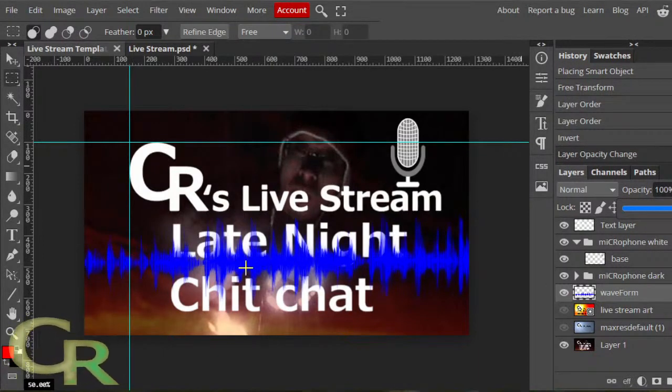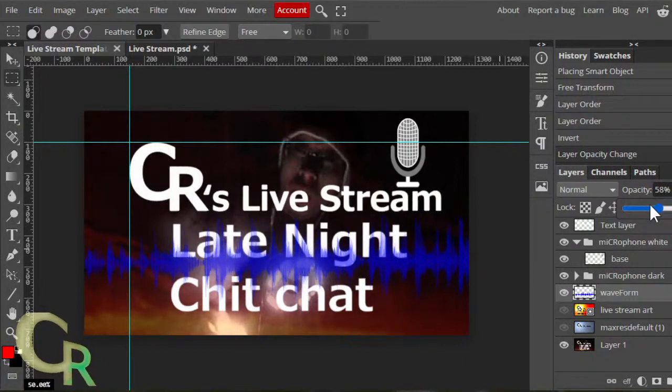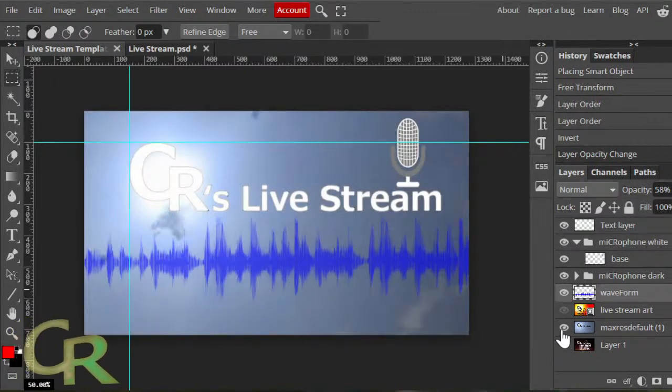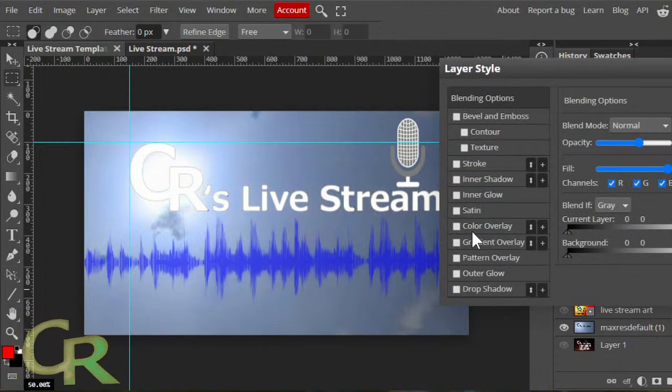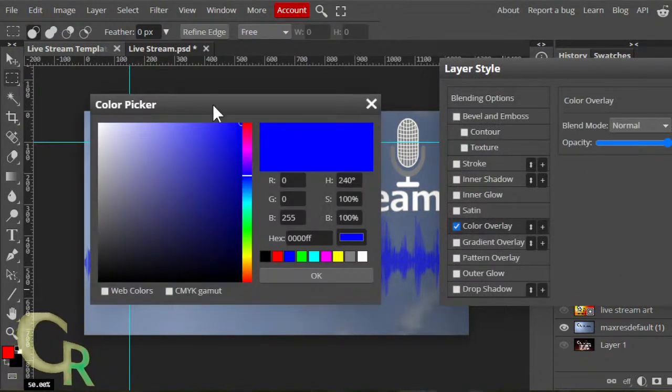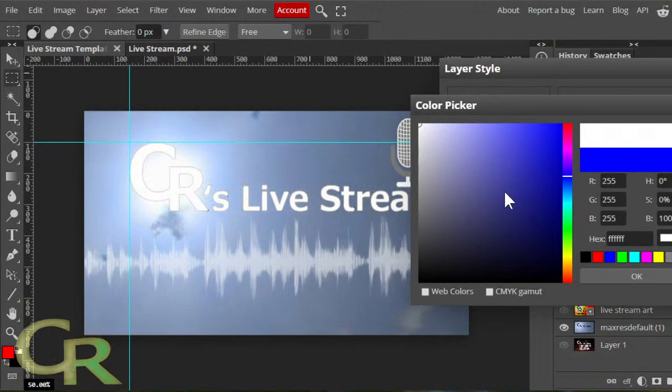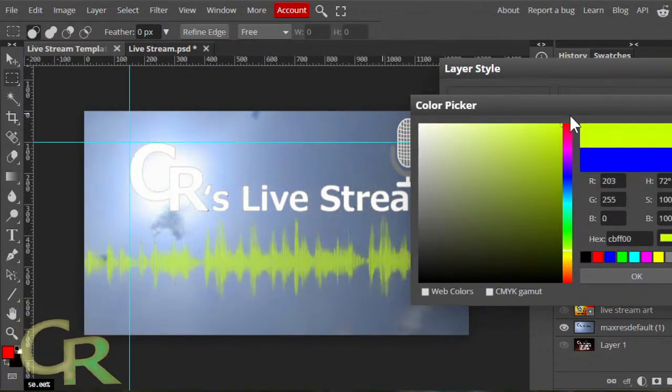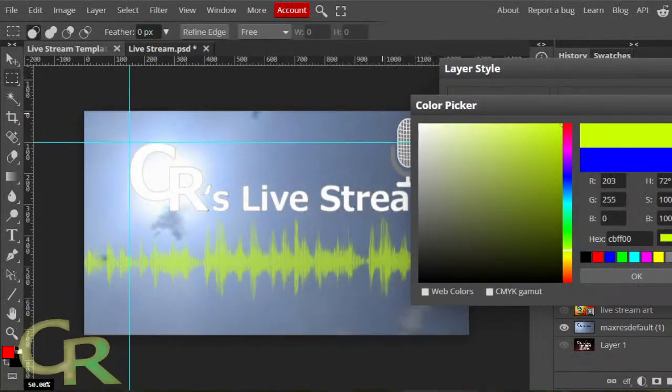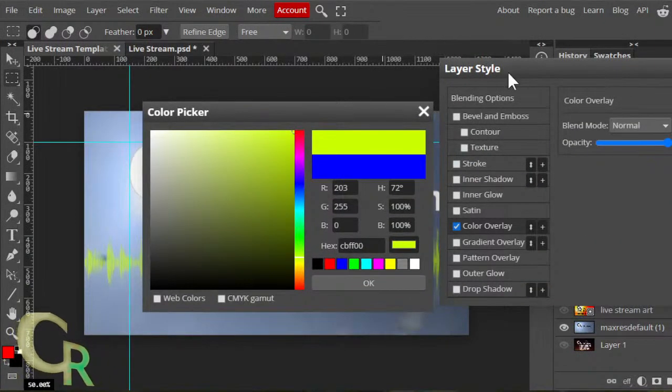Also, I can change that color too if I wanted to. Let's say, if I wanted to bring this one back in, I'd probably even go with, I should be able to change that color to the color overlay. I can change it to white, yellow, whatever. I'm fine with that. Oops. Sorry about that, I hit the wrong key.